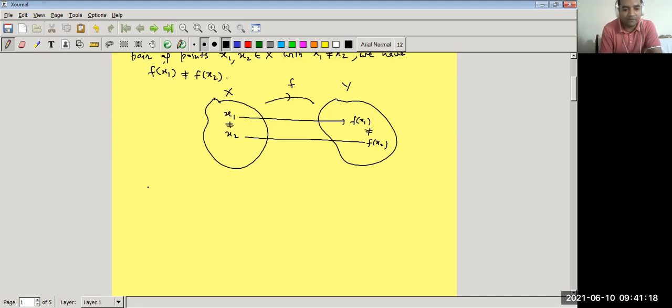So one-one function, आप कोई भी अलग एलिमेंट्स, डिफरेंट एलिमेंट आप डोमेन से लोगे तो उसके कॉरस्पॉन्डिंग आपको y में डिफरेंट इमेज मिलनी चाहिए. x1 की इमेज f(x1) है तो x2 की इमेज f(x1) नहीं होनी चाहिए. अगर ऐसा होता है देन इट इज नॉट वन-वन. सो व्हाट इज वन-वन? डिस्टिंक्ट एलिमेंट. कोई भी दो अलग एलिमेंट आप डोमेन से उठाओ तो उनकी जो इमेज आपको मिलेगी दैट इज आल्सो डिस्टिंक्ट. सो वन-वन फंक्शन